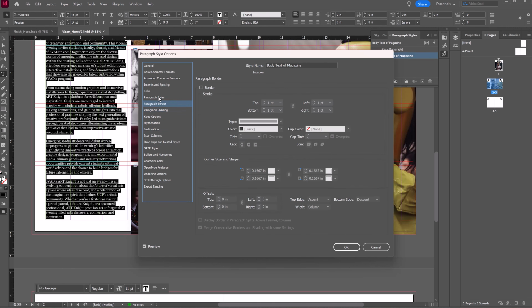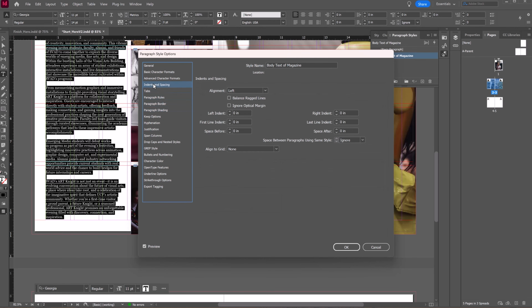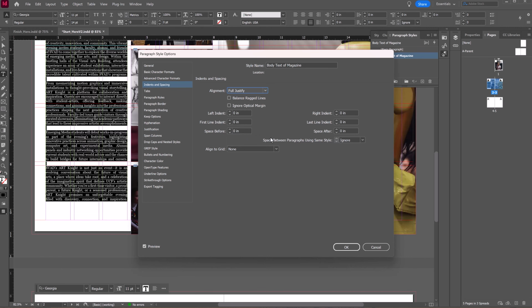No. Do we need to add a border? No. Do we have any tabs or indents? Well, indents, we definitely want to justify this, and we want to use the full justify option. And I'm going to click away just to show you something now, because we have a decent start, but we